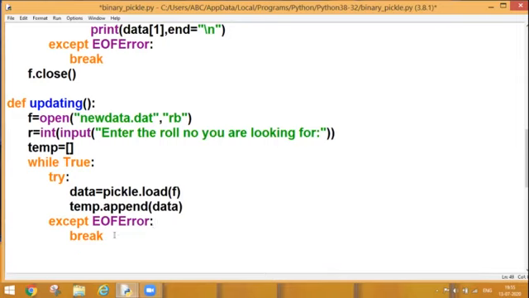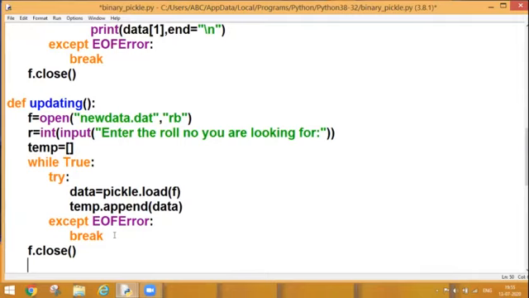Now after this, I'm going to close my file. That means I have read the data and I have shifted it. After that, the motive of updating the record is not solved. Till now, we have only shifted the data. So I need to start with my search operation and modifying the data.